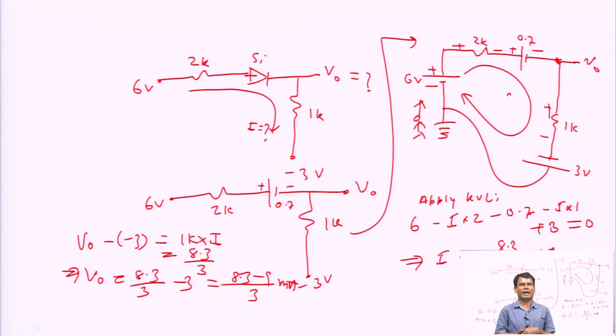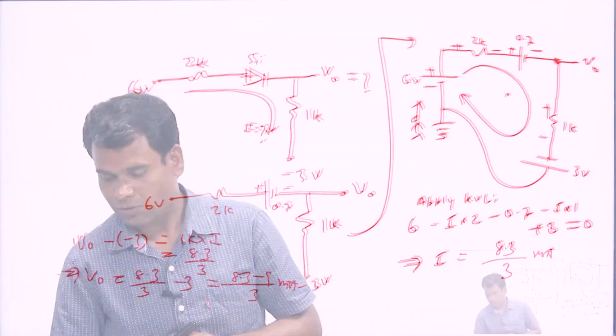So, the conclusion is that in any diode circuit, first of all we have to assume whether the diodes are ideal or practical. If diodes are ideal and in forward bias, then we have to replace the diode by a short circuit. If it is a practical diode, then it will be replaced by 0.7 or 0.3 depending upon the type of diode. So, observation should be correct. If you assume the diode wrong, then your direction of the current will become wrong. So, guys, you should take care to calculate the resistance of the diode carefully.